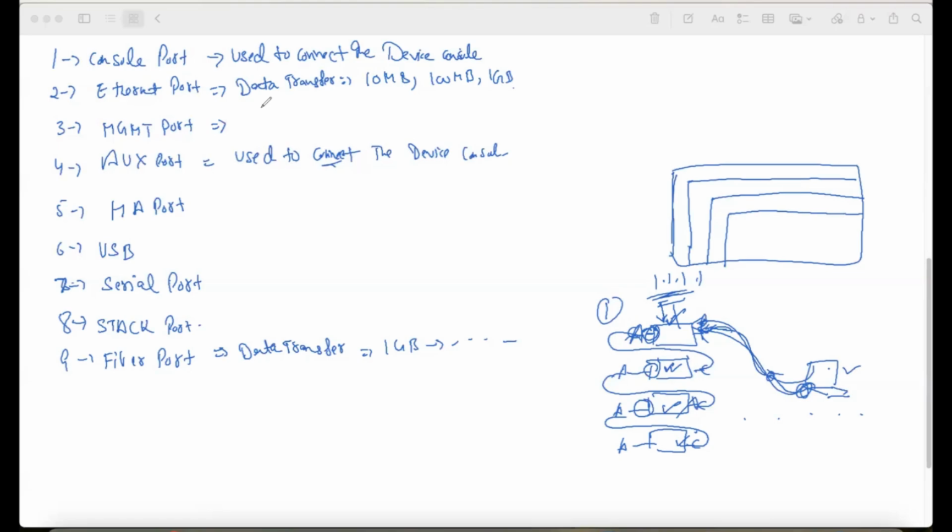Now the new vendors, if I talk about Palo Alto, firewall vendors, the security vendors, or the load balancer vendors, even the Cisco routers, on the new devices, on the high-end devices, they allow you to connect to the MGMT port. It means now those devices, not every device, very specific devices, will have a pre-configured layer 3 interface. Pre-configured layer 3 interface, it means you can directly just plug a cable to the device and then you can